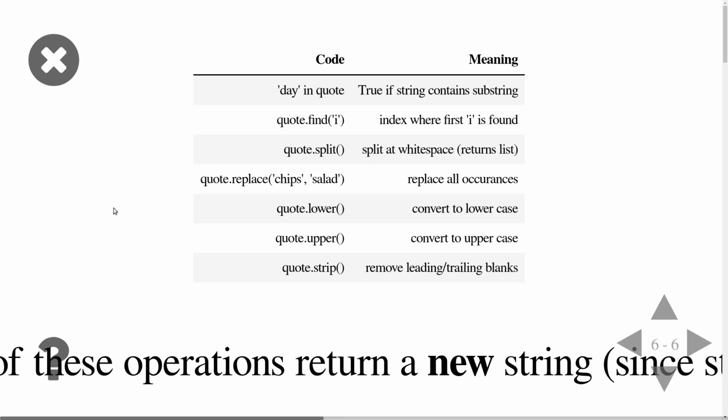One thing that I often use is this one up here. This is a test to check if a substring is contained in a string. Let's say you want to test if the word day is in quote, and then typically use it in an if statement, right? You would use the in